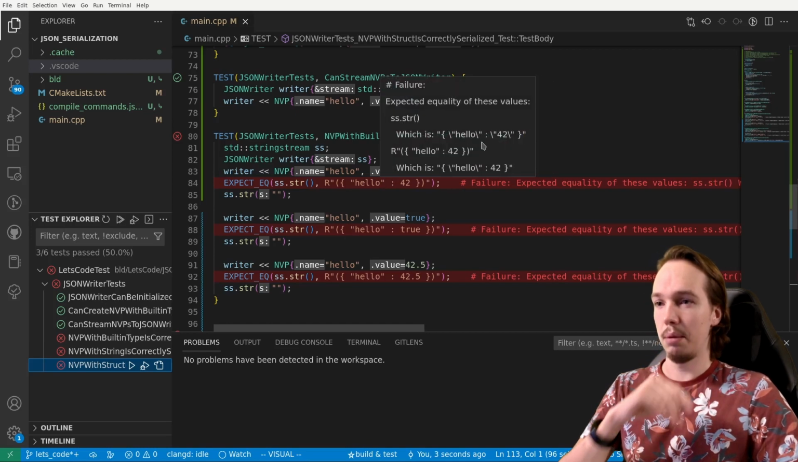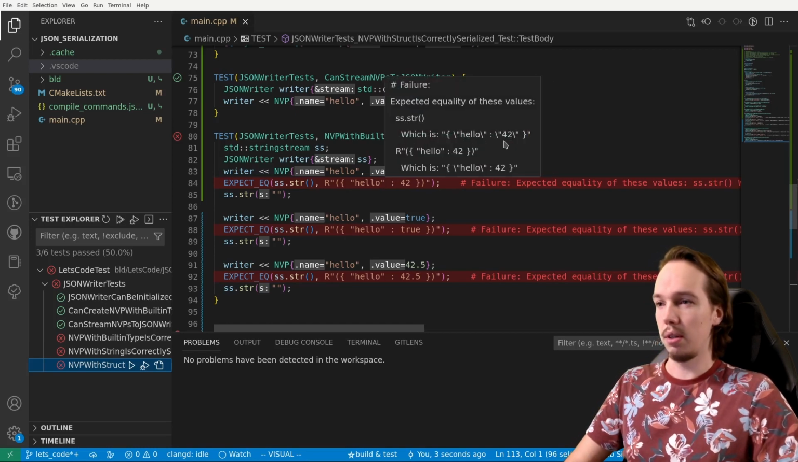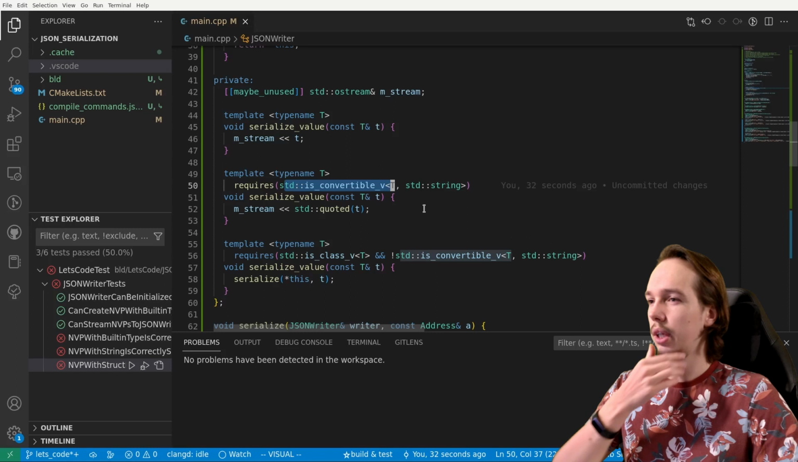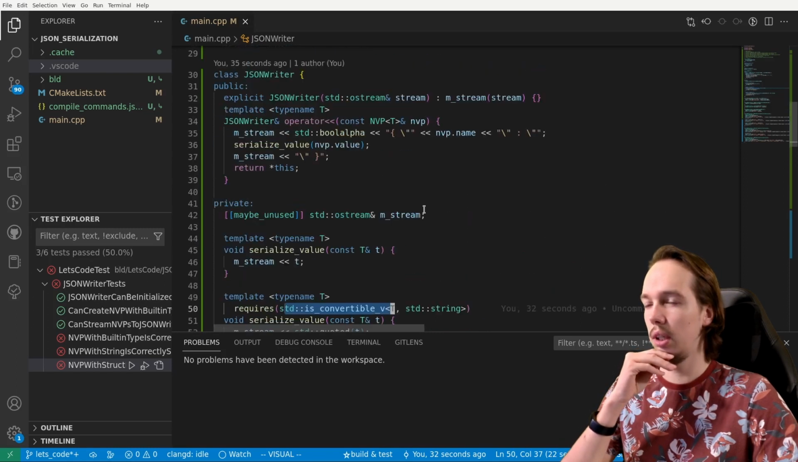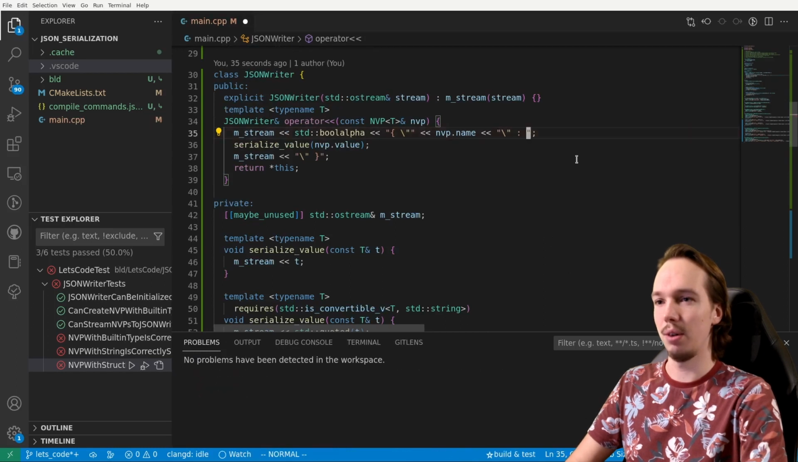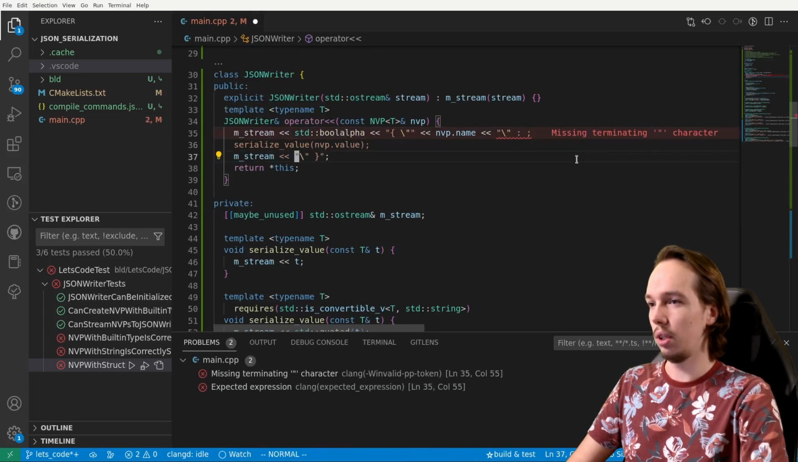It seems the built-in types are getting quoted. So why are they getting quoted? That means that the is convertible to is triggering here. That is surprising. No, this is what's going on. We simply still have the quotes here. These are of course no longer needed,